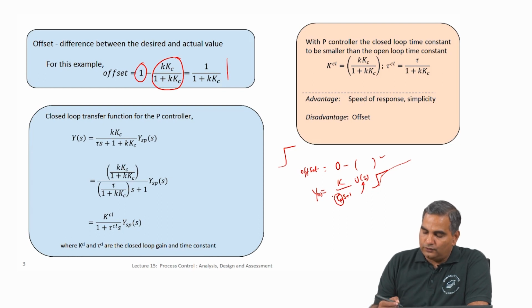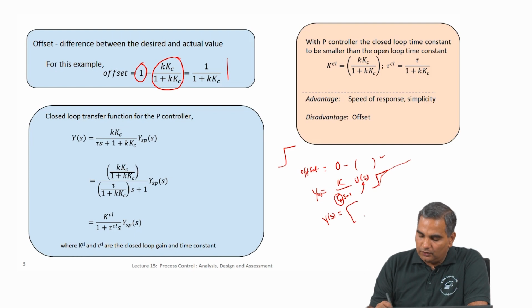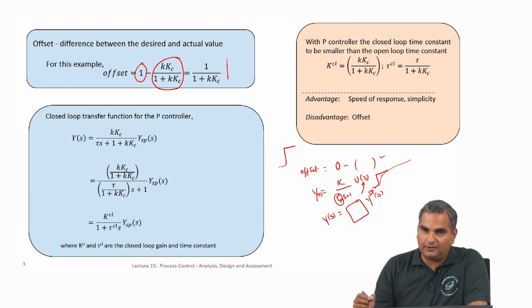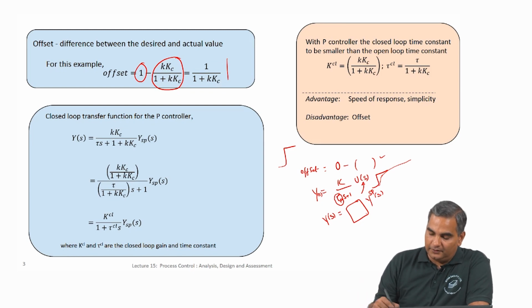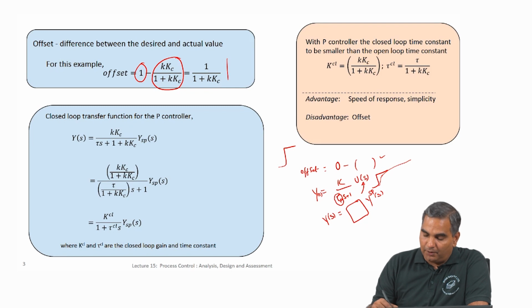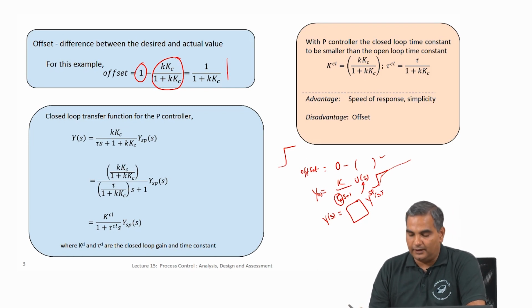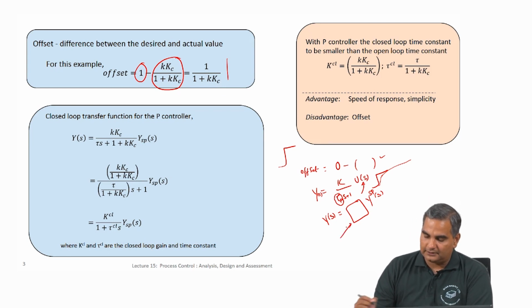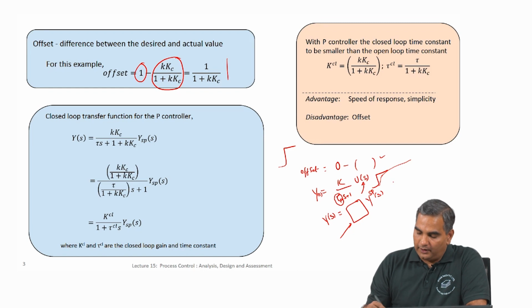Now, when we close the loop, there is going to be a transfer function between y of s and y set point of s. Remember I said the disturbance transfer function will be modified, but still the disturbance will be an input, whereas the input transfer function will be modified, and the input will also change from u of s to y set point of s. So, now if I have this transfer function, here what I want is,